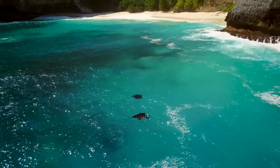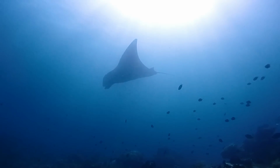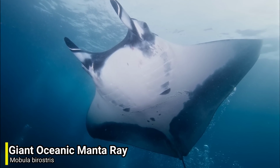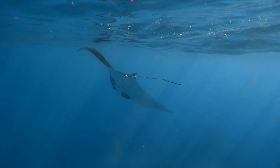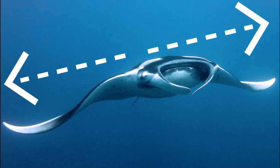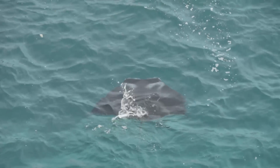And for our first species we can head into the oceans, as we have the manta rays. Now there are 2 species of manta ray alive today, the reef manta ray and the giant oceanic manta ray. These 2 species are the largest rays in the world, and are among the largest fish in the ocean. The giant oceanic manta ray is larger, and can have a disc size of up to 7 meters. However, in this video I will be focusing on the reef manta ray, which is still a giant in its